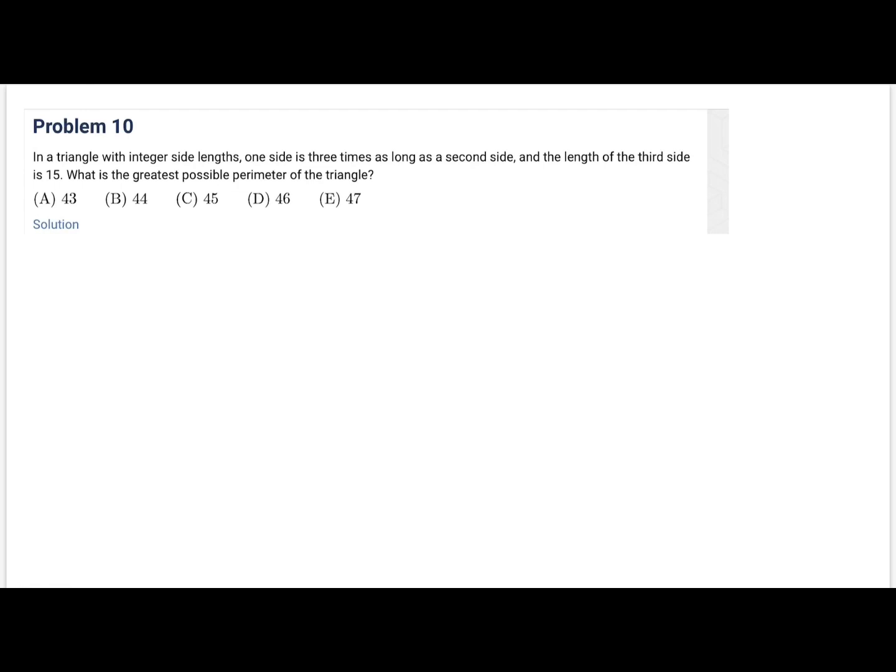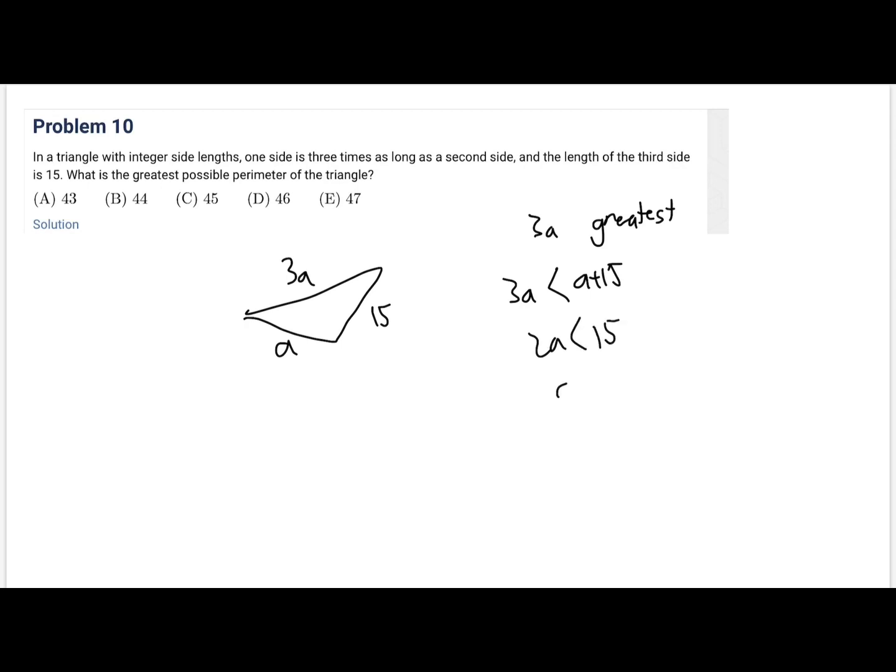One side is 3 times as long as the second side. So if there's a triangle, then it will be 3A, and the third side would be 15. The greatest possible perimeter would make it so that the 3A is the greatest. So it would be 3A here and 15 here. So 3A will be less than A plus 15, 2A will be less than 15, A will be less than 7.5,